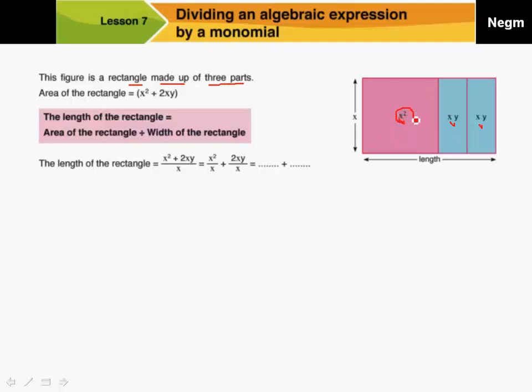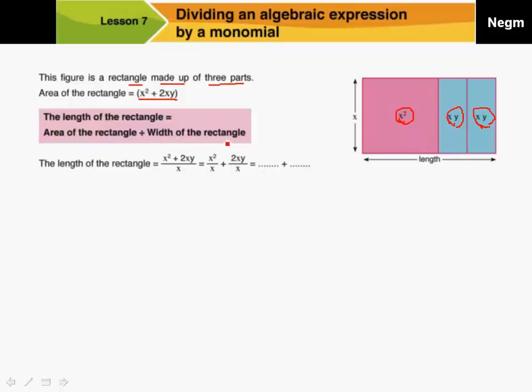The area of this part is x squared, this part is xy, and this one is equal to that one, which is xy. So the total area of the rectangle is x squared plus xy plus xy, which is x squared plus 2xy. The length of this rectangle is area of the rectangle divided